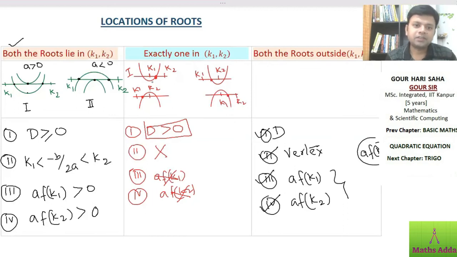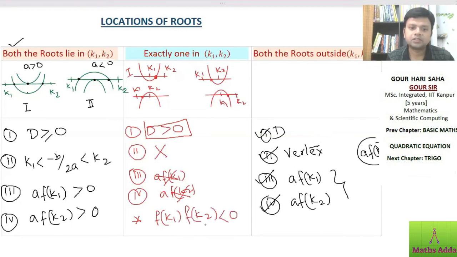So what I am saying, if I observe the graph, I am bringing one more thing, that is F K1 is negative, then F K2 is positive, right? Similarly, F K1 positive to F K2 negative, F K1 negative to F K2 positive. So in all four figures I see, if F K1 is positive, F K2 is negative. So I can write F K1 into F K2 will be less than 0. So F K1 into F K2 is negative, means what? One is positive, one is negative.